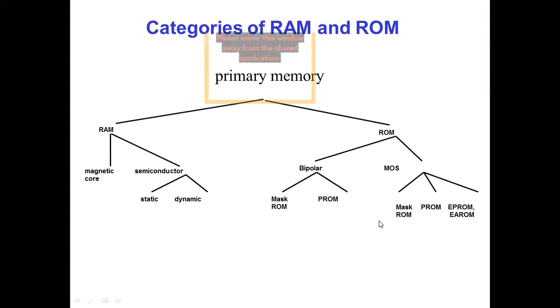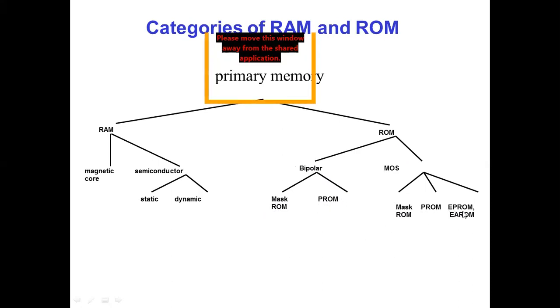I am not talking about which technology we are using. Here we are using different numbers of transistors. This ROM is built with the help of transistors, and this one is MOS technology based, but the working is the same. This is also the mask ROM. Here it is fixed; you cannot alter it, you cannot change it. But in this case you can change the program, so only the programmer can change or alter it, not the user. The user cannot change the program already implemented by the programmer.